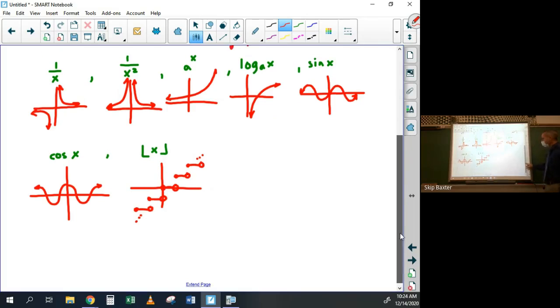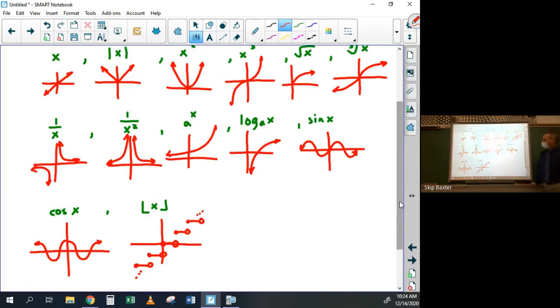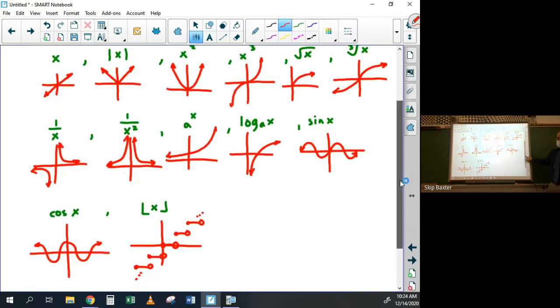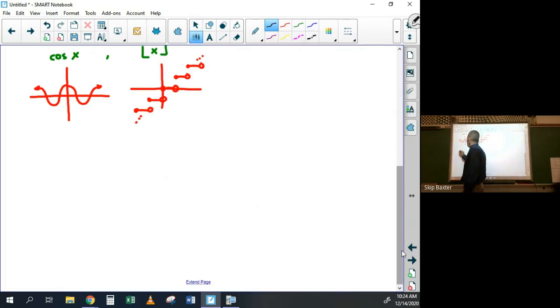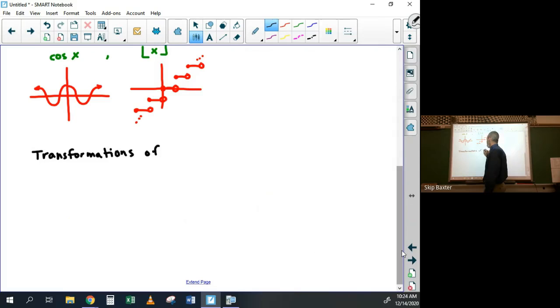Okay, so those were the basic functions, 12 of them. So you need to know what all those look like. And then the second part of this was just transformations of these functions. Okay, so transformations. And we had basically 3 types of transformations. We have translations,